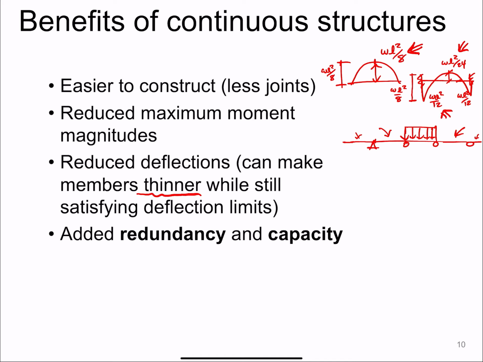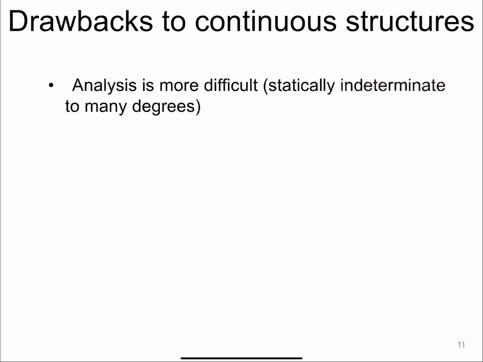So, well, let's use continuous structures all the way. From this point on, it will be just continuous structures in your future. Well, some drawbacks. The analysis is going to be a bit more difficult, because you are going to have a bunch of statically indeterminate structures, or one structure statically indeterminate to many degrees. Just one, but it's not going to be easy to get that moment of WL squared divided by 8, or even that,